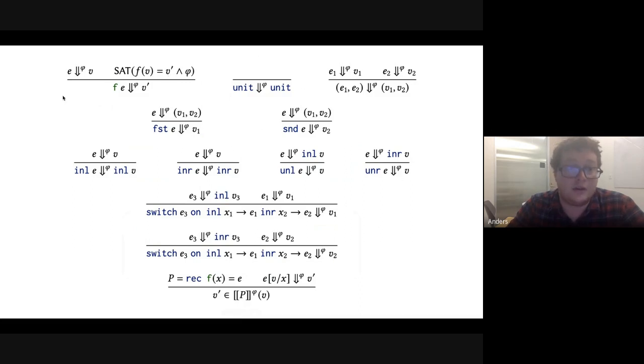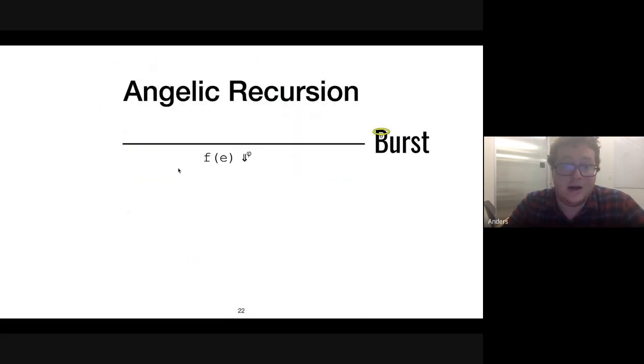The one difference is right here, where let's say I've got f of v. Note, by the way, I don't actually replace this f by anything. I just have the f sitting there in the middle of nowhere. And then we use that as a key that we're doing an angelic recursion, which is where we return anything consistent with the spec. I have a slide that works through this one, so let me actually do that.